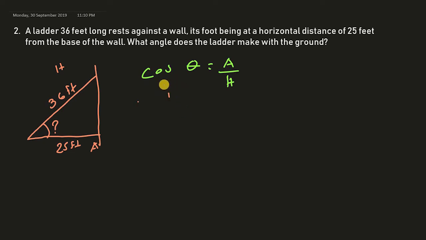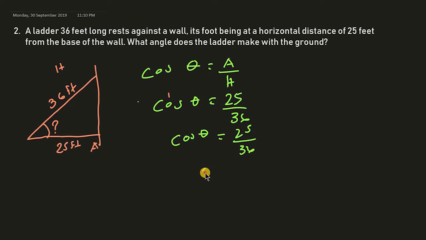So, we will use the cosine theta. Cosine theta is what we are finding, the value of that angle. Adjacent natin, guys, is 25. And the value of the hypotenuse is 36. So solving that, use our calculator, always remember, that's shift cos, then input the value 25 over 36, and we will get theta is equals to 46.02